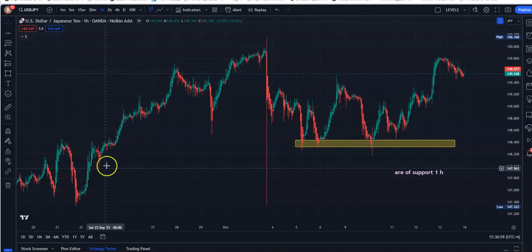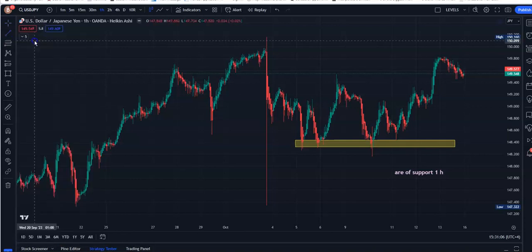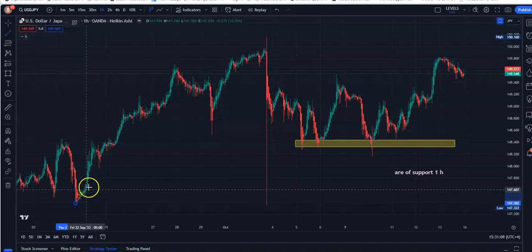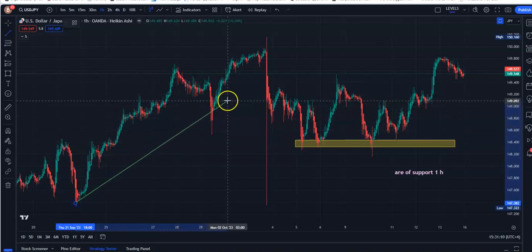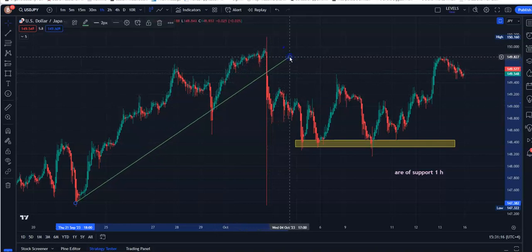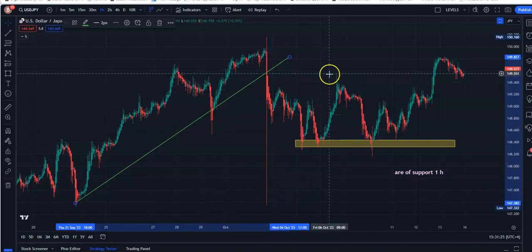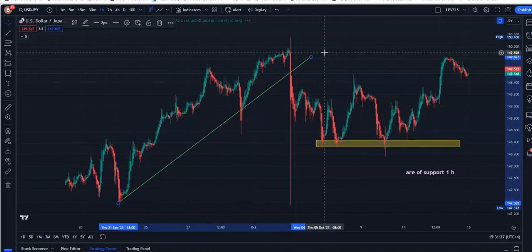Like, for instance, if you wanted to draw a trend line here, you would just come over here, choose trend line, and anytime you have 2 to 3 touches, you are in a trend. Okay. All right, we'll talk about trend lines a little bit more. But yeah, I just want you to come here and be able to kind of navigate your way through,